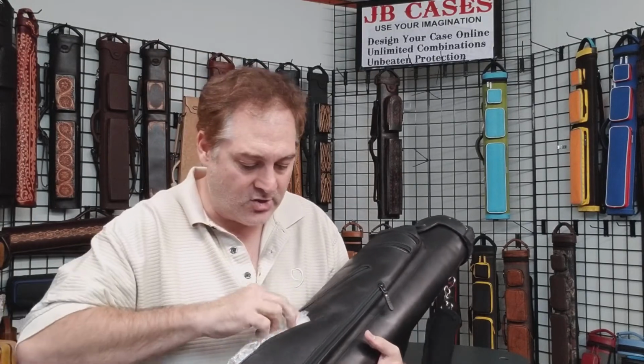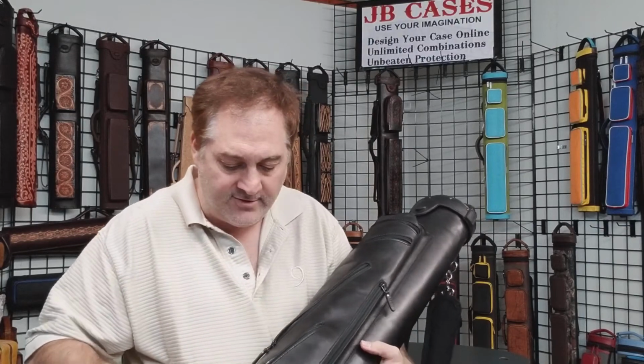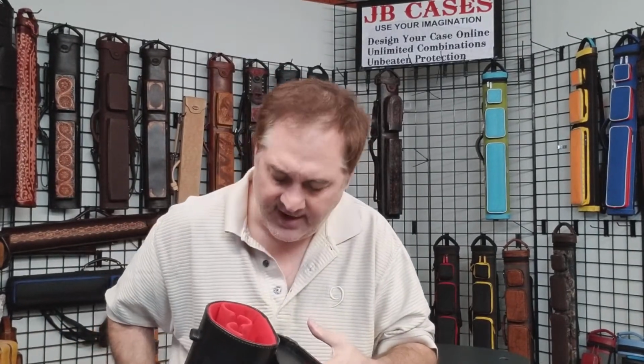So this case is a beast though, and I'm going to show you a couple other things about it, why it's a beast. So this is a 4x8, or it's actually a 3x. Let me see what this is. I'm not even sure. It's a 3x6. It's a 3x6 in a slightly different shape here. See if I can show you guys that. Now, this is really neat. This is the